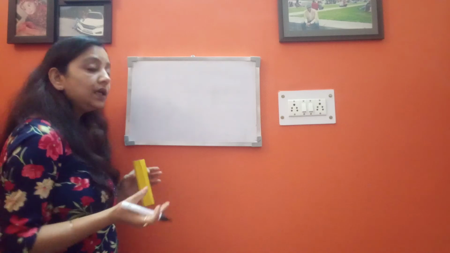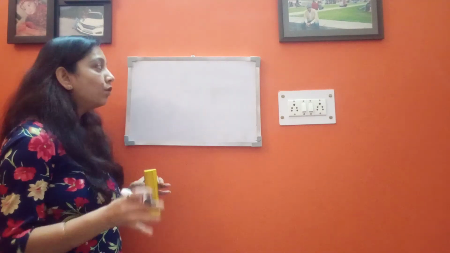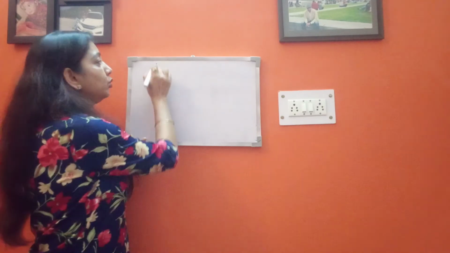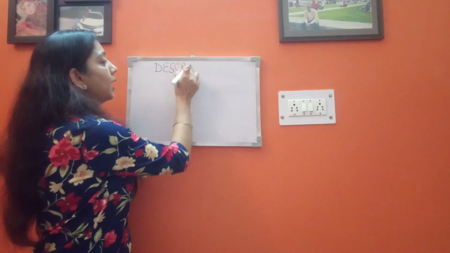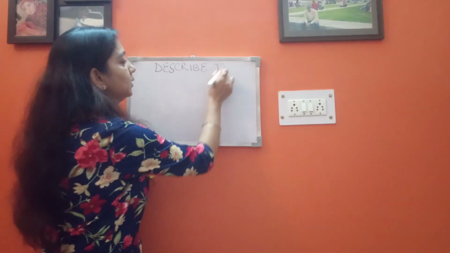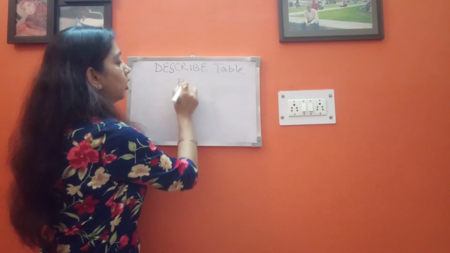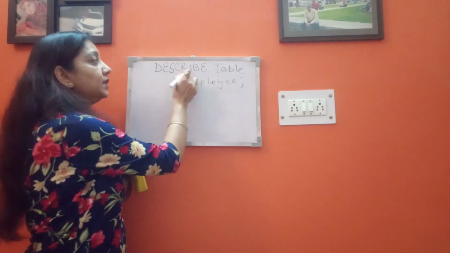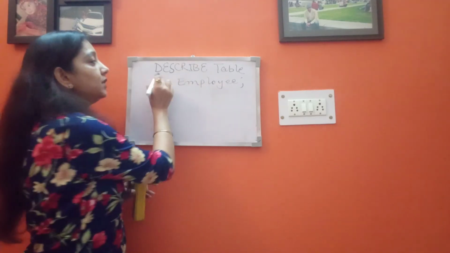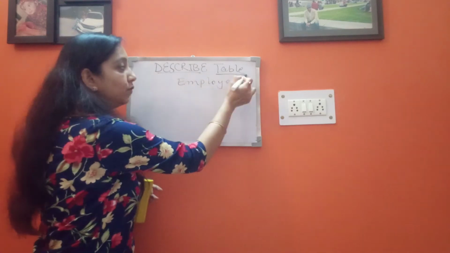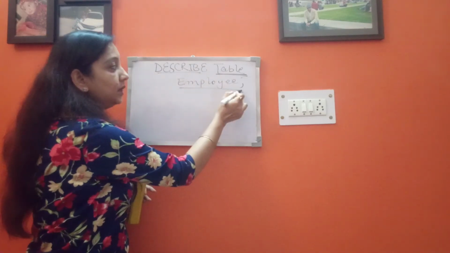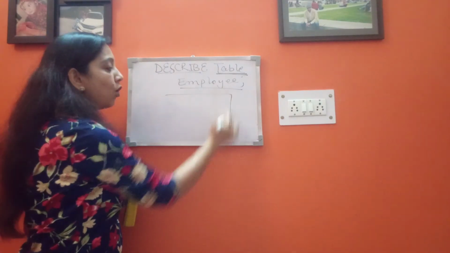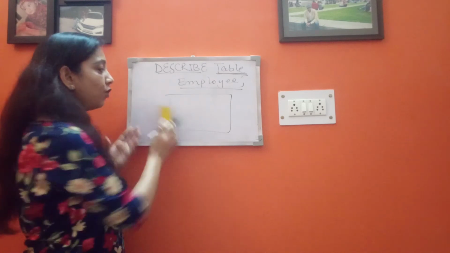Now if you want to see whether the changes that you've made using the alter command have actually been made or not, what will you do? You will use the describe command. Describe table employee. Now up till now, whatever changes we have done to the employee table, I want to see whether these changes have actually been done or not. I will write describe as the keyword. What do I want to describe? Table. What is the name of that table? Employee. So whatever changes up till now I have done in the employee table will be shown in the form of a table, or in a tabular form.